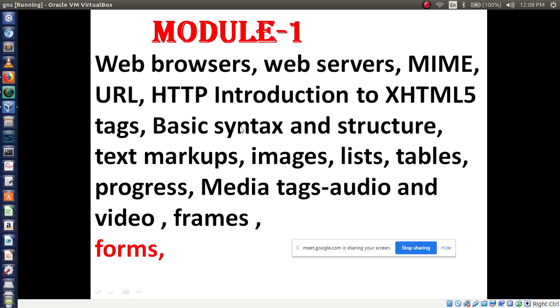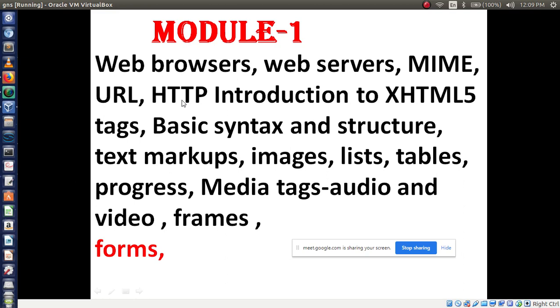Okay, now we will discuss the form tag. From this model you will get the main important questions. Here you will get theory questions like: explain web browser, web server, MIME, URL, HTTP. These all are theory questions. Compulsorily you may have a question on HTTP, that is request page and response page.